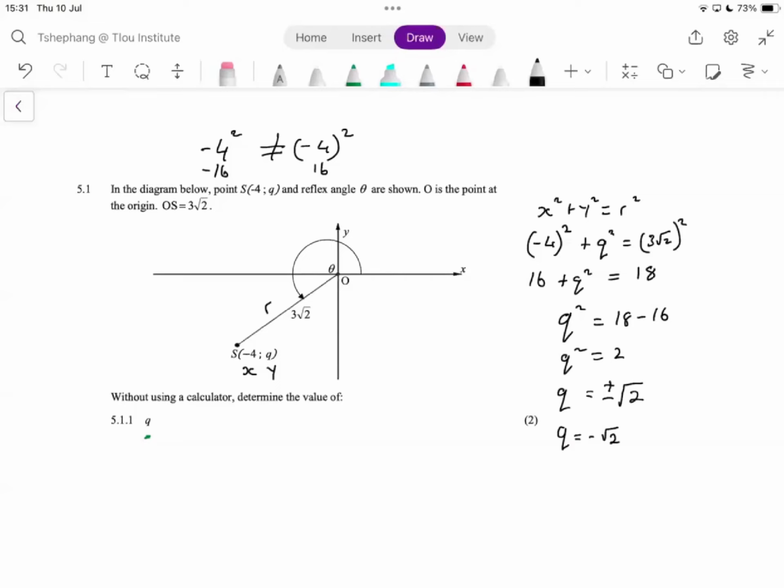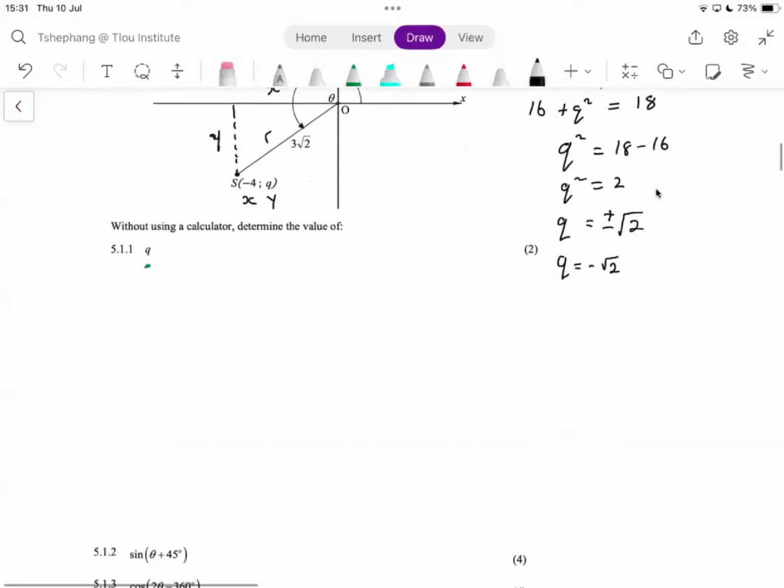Yes, Zakari, there's a line from the origin, always use it as a circle. Yeah, you can use it as a circle, or alternatively, you can just complete the diagram such that you have a triangle. And then you know this is the y values, these are the x values, and this is r. Okay, perfect. I hope we're all together there.